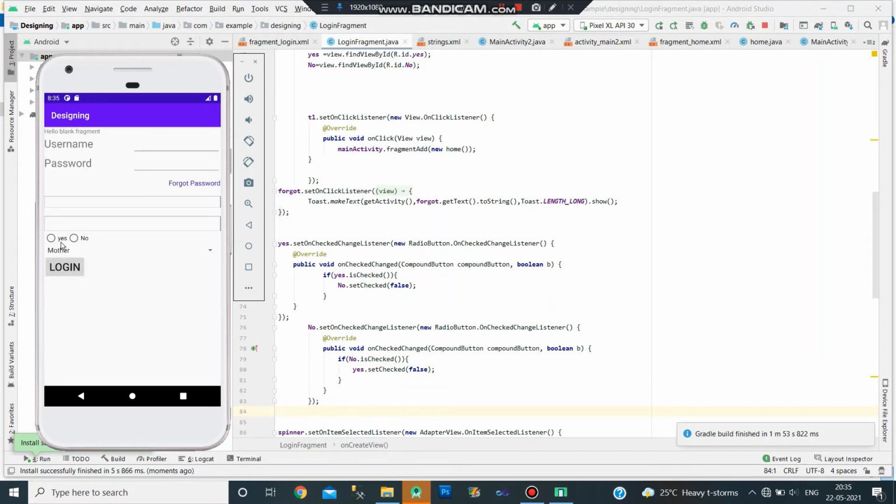One is radio button yes and another one is no. If I click on yes, and if I click on no, it automatically unchecks the yes. If I click on yes, it automatically unchecks the no. This is the radio button